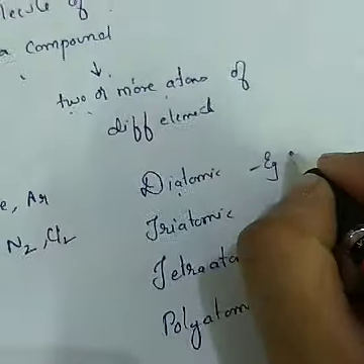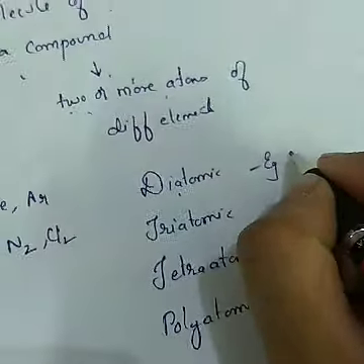NO2, etc. Tetraatomic means 4 atoms, like H2O2, NH3, ammonia, SO3, sulfur trioxide. These are the examples of tetraatomic. Polyatomic, more than 4, like H2SO4, C12H22O11, etc. They come under polyatomic molecule of a compound. So this is molecule of an element and molecule of a compound. The same thing I have written in the notes. Go through the notes once.